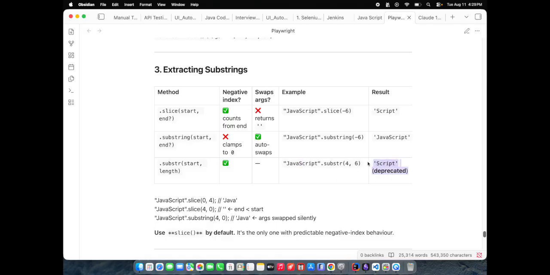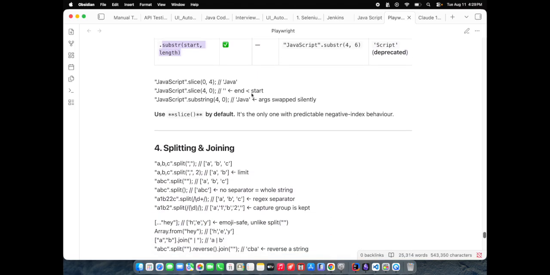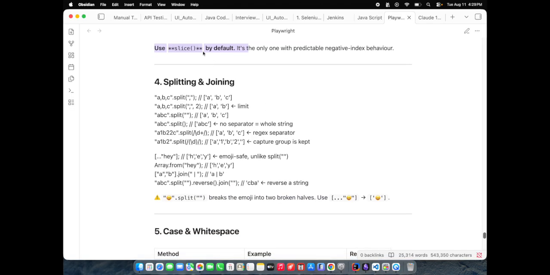And this is basically deprecated, no need to worry about this one. Slice and substring we have seen. Use slice by default, it is the only one which supports the negative index behavior also.